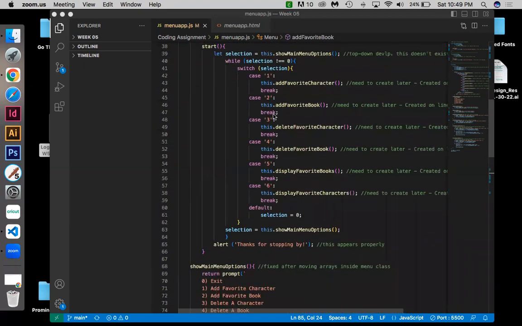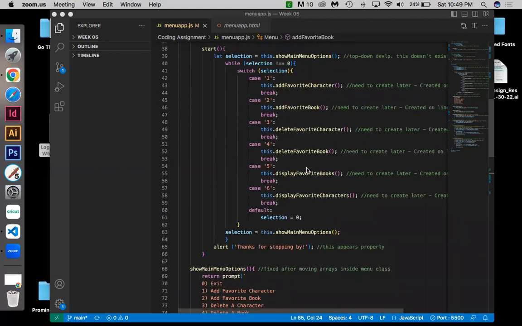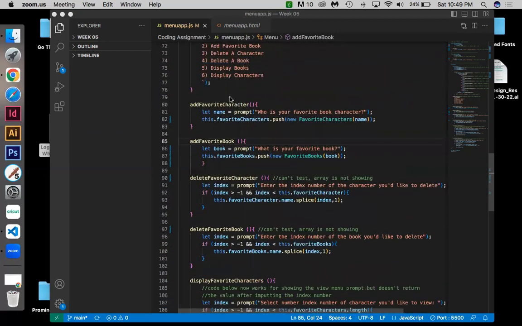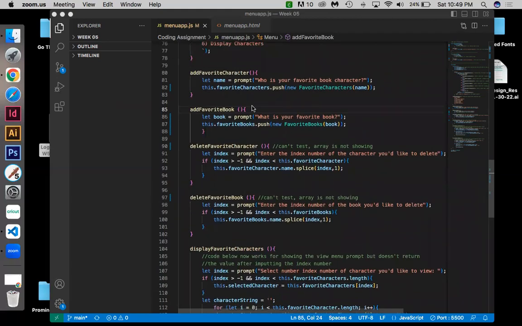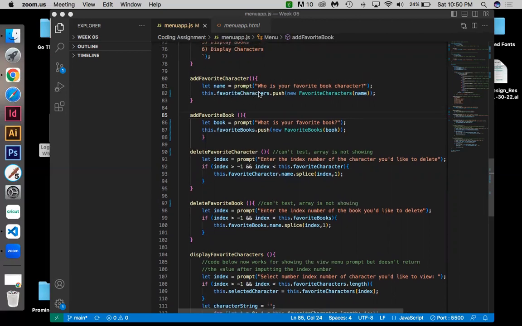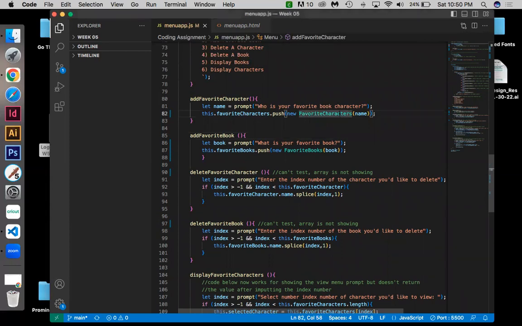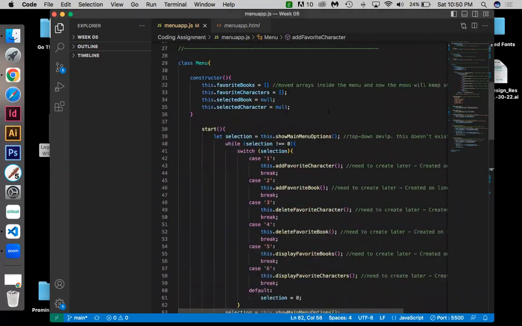So where we have our cases, we've created these methods. Well, we haven't created them yet, but we've alluded to them, but they don't exist down here. We've actually created each method. So for our favorite character, our name is going to equal whatever we prompt, whatever that input is from the user. That's what that will now be assigned to. And we're going to take our favorite characters array and push this value there, which I'm just now realizing that it's set to the favorite characters class,